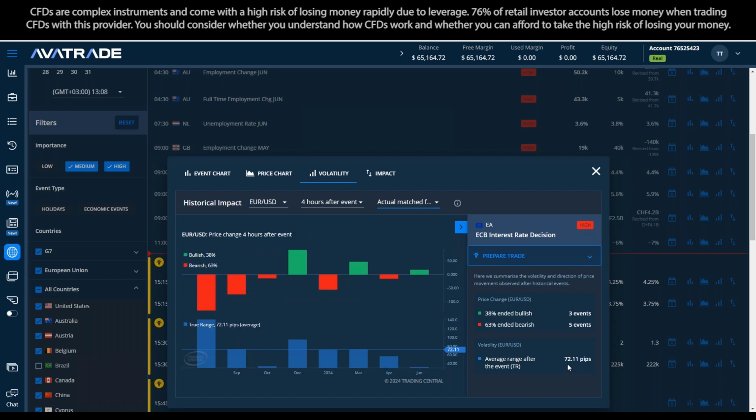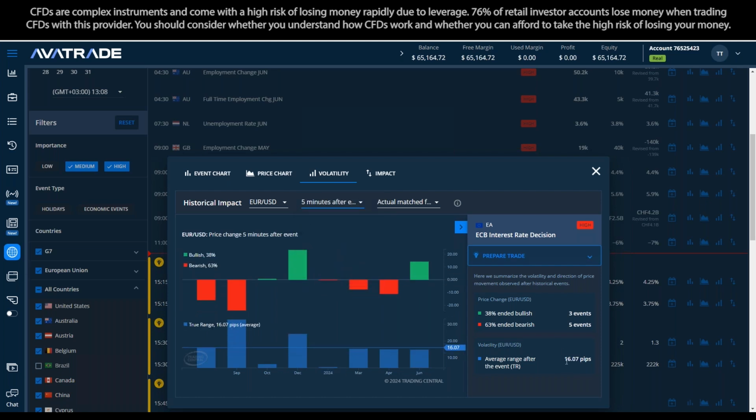The range movement is a little over 72 pips in those 4 hours. So you could say, well, in the first 5 minutes, what kind of movement can I expect? And we're looking at only 16 pips range movement in the first 5 minutes. So it's not like you don't have time to place the trade after you see the numbers come in. So if we're watching this announcement in a little while, and it's coming today, if it comes in as expected and we see these green candles go up, or we see the downward movement be very small, we see the average range movement only 16 pips in the first 5 minutes,